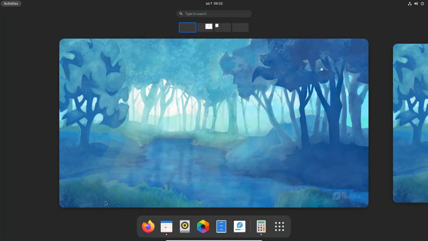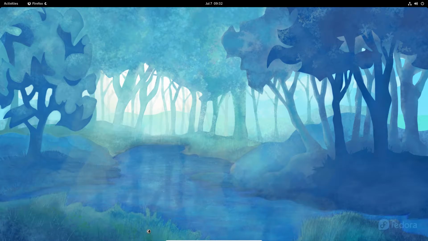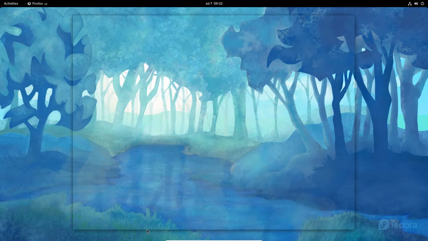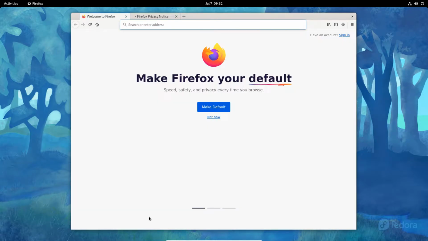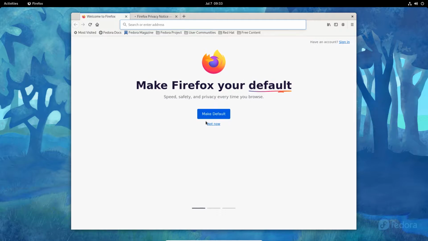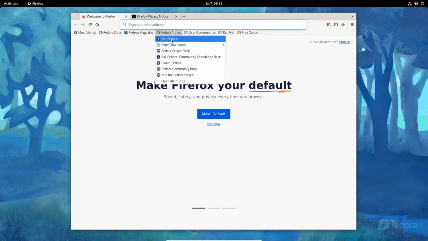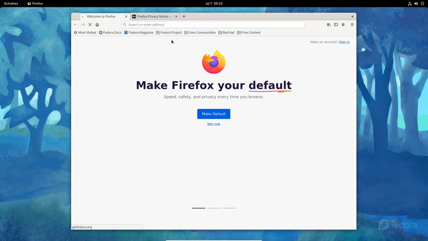So one of the first applications I'm going to show you is obviously Firefox. Most Linux distributions come pre-installed with Firefox and have a direct bookmark to the project page. So let me show you now. Obviously it wants me to make it my default browser. But if I go to Fedora Project right here and click on Get Fedora,